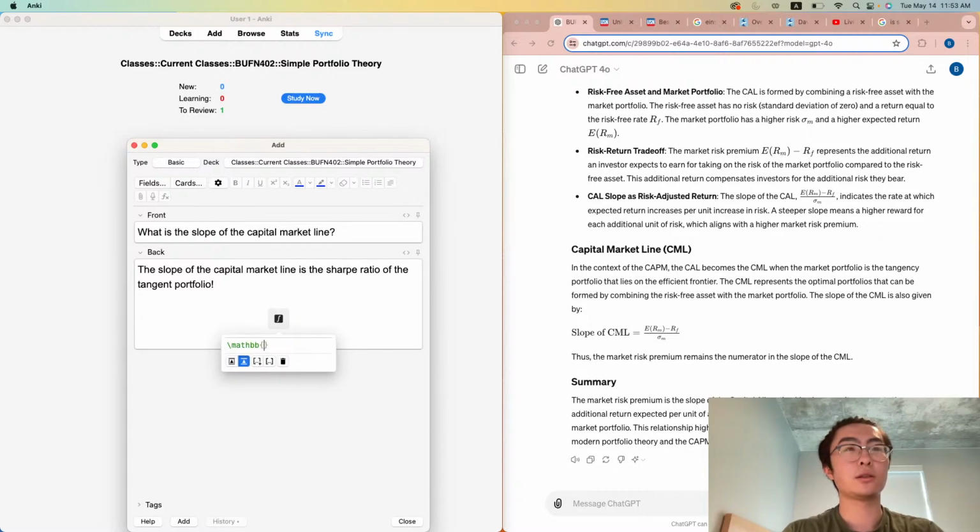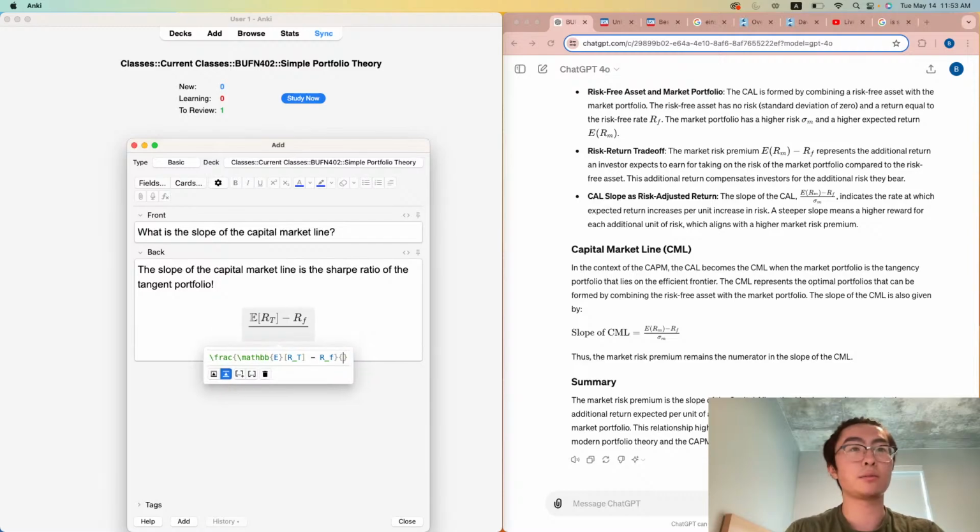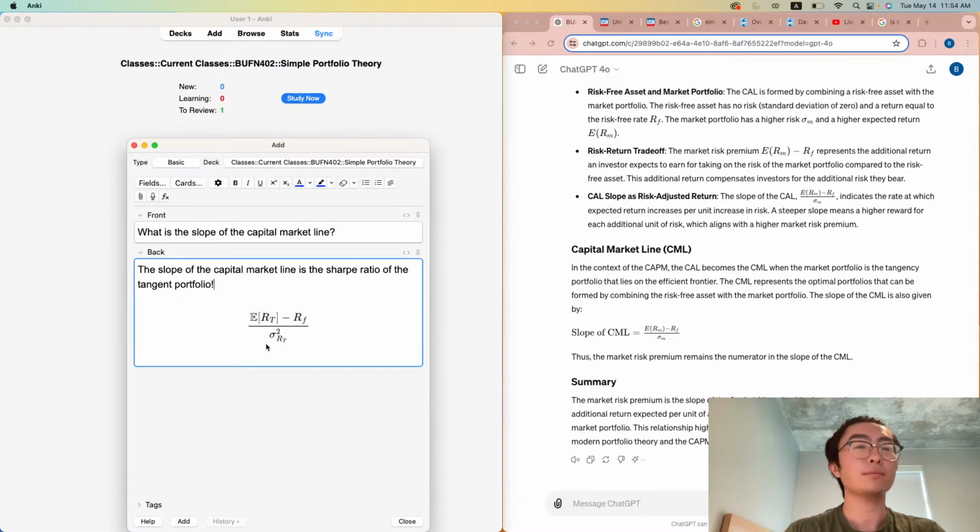Expected return of the tangent portfolio R_T minus the risk-free rate, and then we want to divide this by the standard deviation of our tangent portfolio. Okay. This Sharpe ratio scales the standard deviation of our